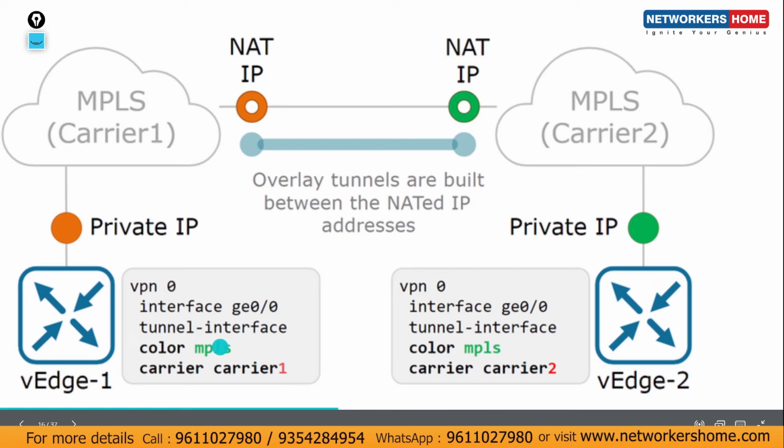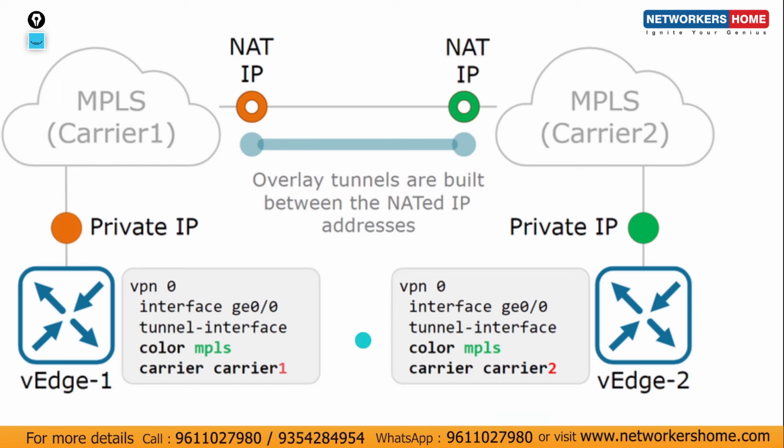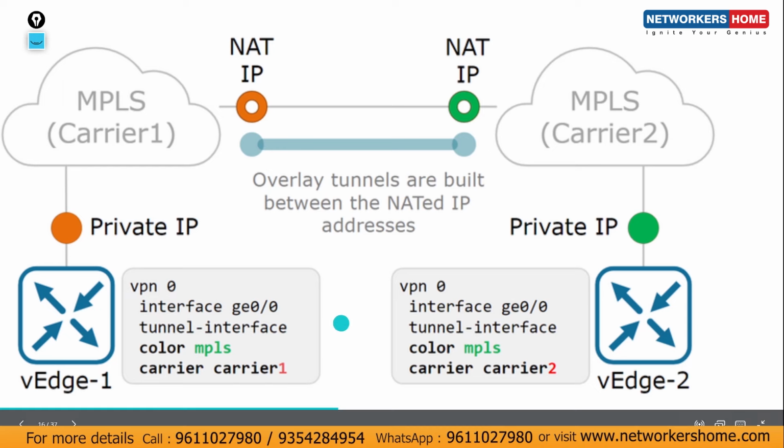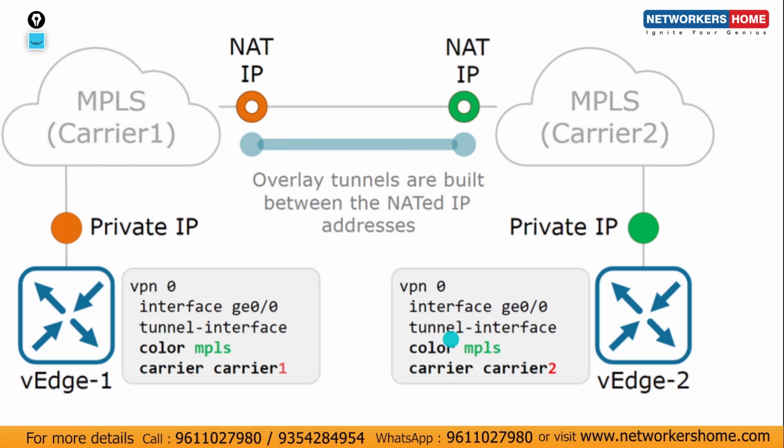So if you have MPLS here and biz internet here, but they are part of carrier 1, their tunnel is going to be negotiated between both of them because of sharing the same carrier. So it will be built using the public IP, and if they are both using private colors, in that case it is going to be using the